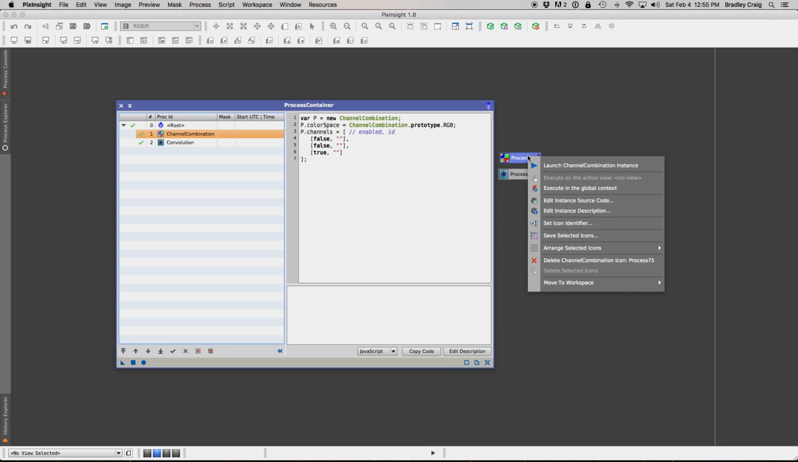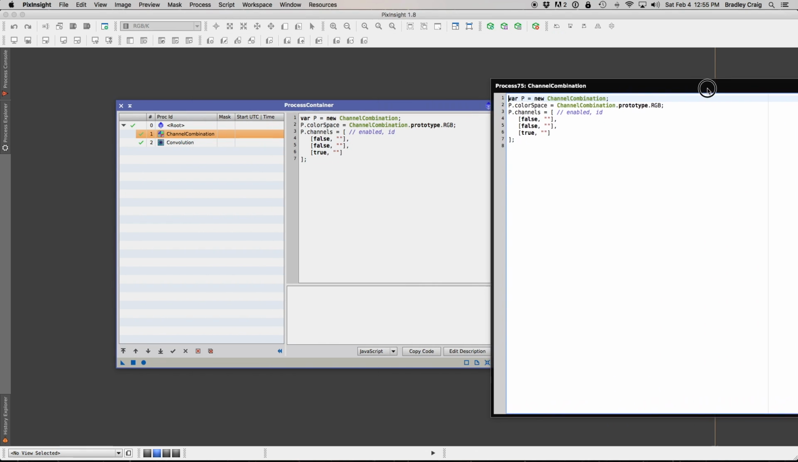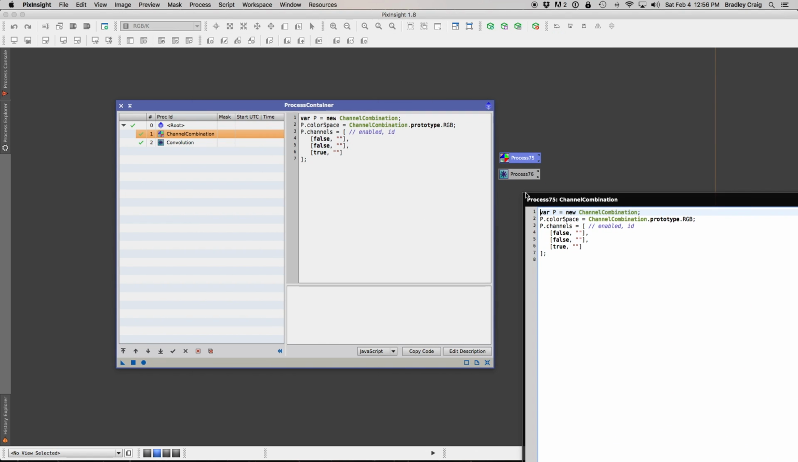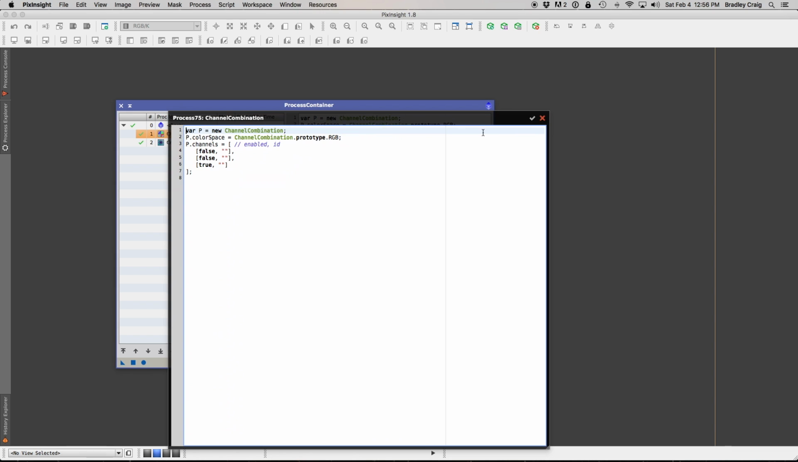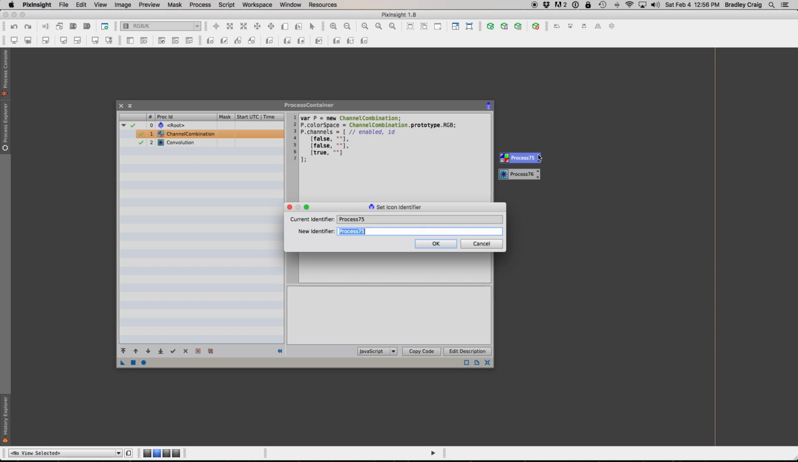It's identical to if I did over here and I did edit instance source code, I would see the same thing here that I saw here. So it shows you all of the components of the actual process icon. It shows you the code. Unfortunately, it does not show the name. If I change the name of this to my channel combination, sorry,